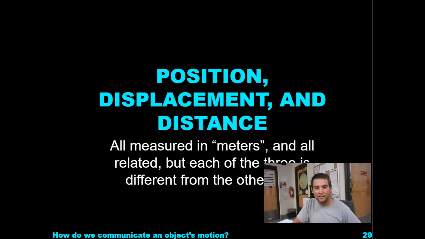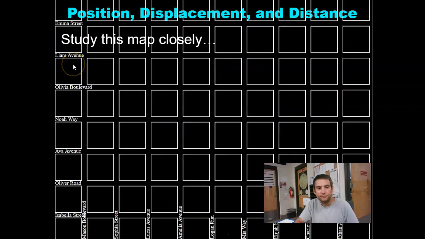Today we're going to be continuing on with our discussion of how do we communicate an object's motion. We're going to be looking at position, displacement, and distance. Everything's going to be measured in meters, which can make it kind of seem like they're all the same thing, but they're definitely not. They're related, and there's distance and how far things go involved, but remember they are all uniquely different. If we look at this map closely,